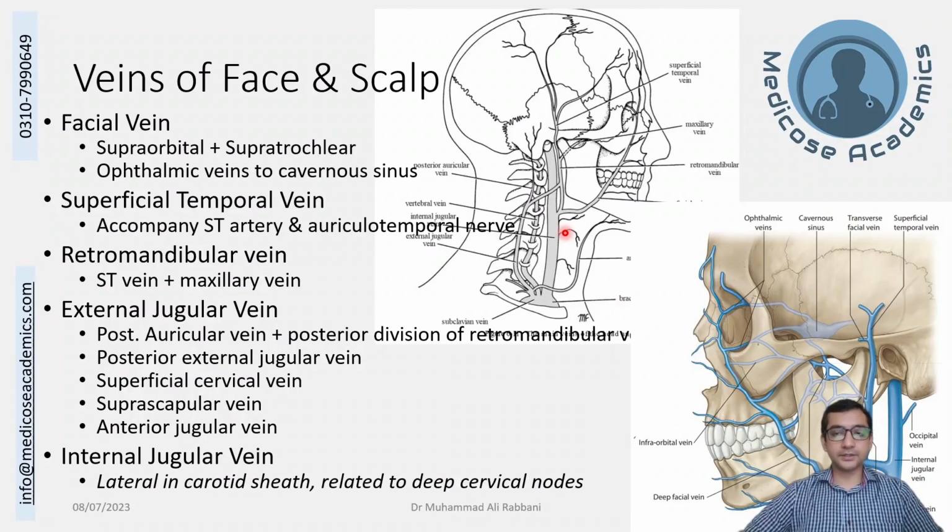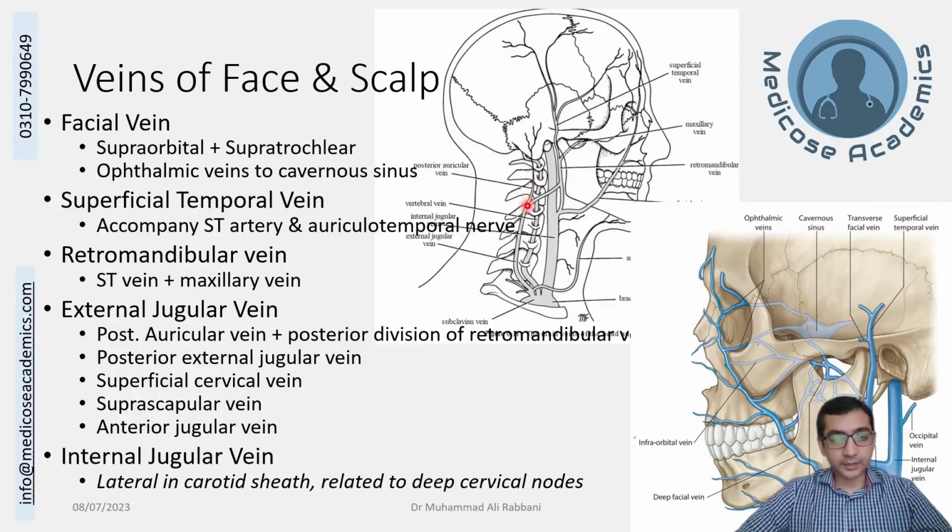So this is all about the veins of the face and scalp. We talked about the facial vein. It started by the joining of supraorbital and supratrochlear veins. We talked about the ophthalmic veins joining them to the cavernous sinus right here. The superficial temporal vein, we talked about it, and it accompanies the superficial temporal artery and auriculotemporal nerve. It joins the maxillary vein to form the retromandibular vein. They divided into anterior and posterior divisions, and the anterior joined the facial vein to form the common facial vein, and the posterior division joined the posterior auricular vein to form the